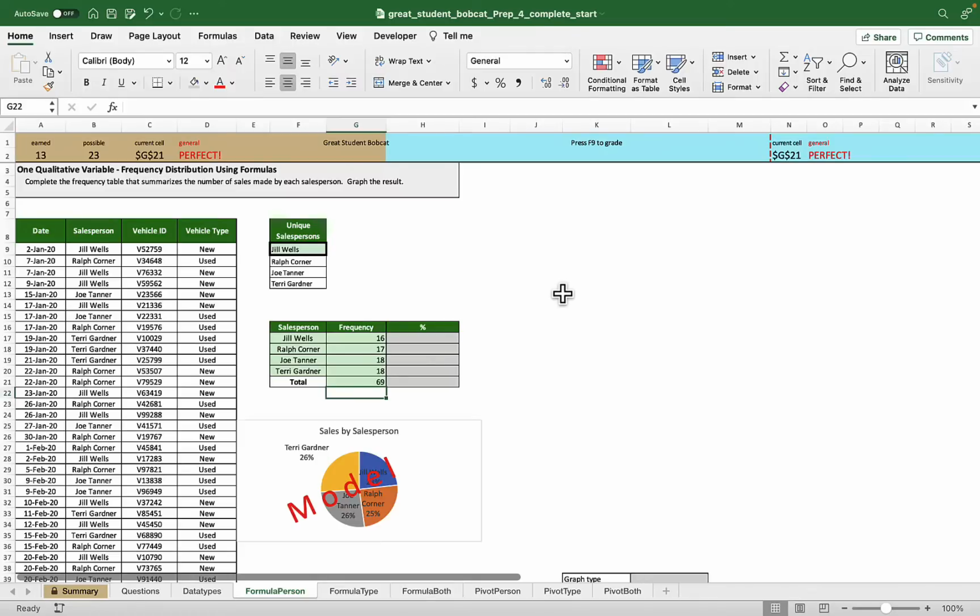All right. Now, because we want a frequency distribution, these are the raw numbers, but if I said, well, what percentage of sales does Jill Wells represent, or Ralph, or Joe, or Terry? To do that, what we do is we take each of them and then divide it by the total. And since we're going to copy this formula down, we don't want the total to shift as we copy this down, so we're going to lock the total. And we have to correct the formatting. It should be percent with 0 decimal places. So there's percent, 0 decimal places,